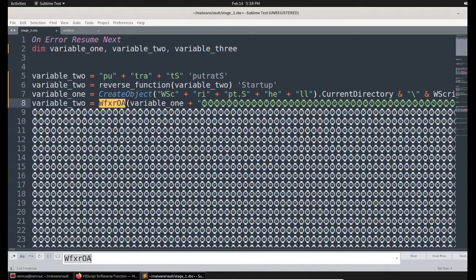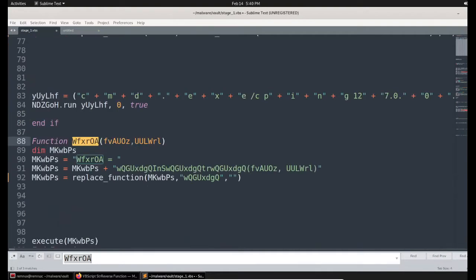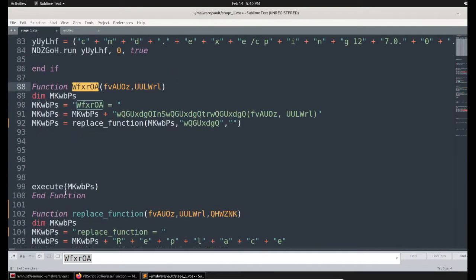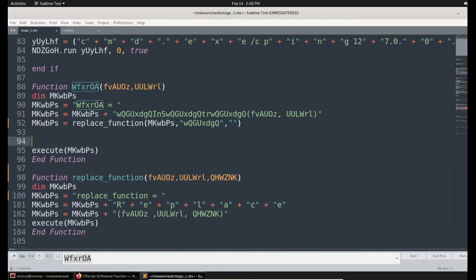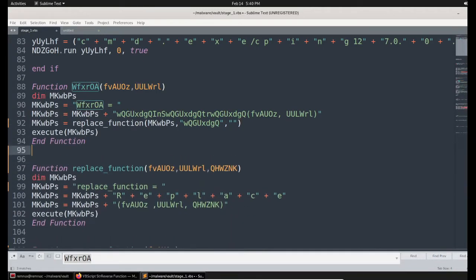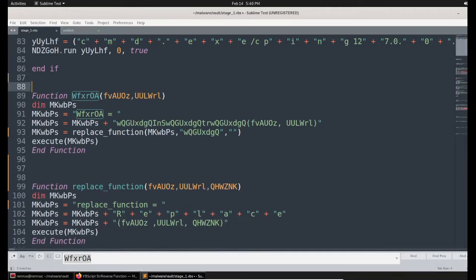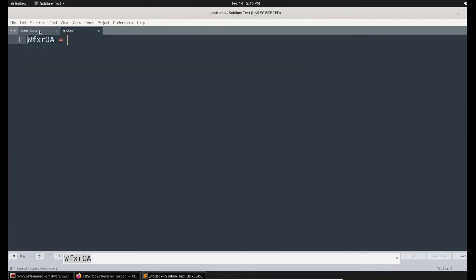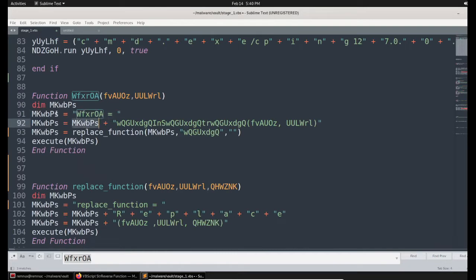It is the function call. I need to go to the function definition, Ctrl+F. I press enter, and here I landed in the function definition. So if I do some alignment, here is the function definition. So let's see what it is. They are simply defining a variable and putting a value within the variable. Let's paste it here, and again they are calling the variable and appending it with another string.